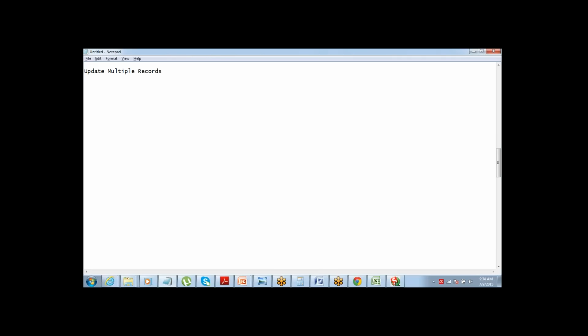The first one that we did was inserting multiple records into the database. Now I have the records already in the database. I want to update them, make some changes in the records which are already there.